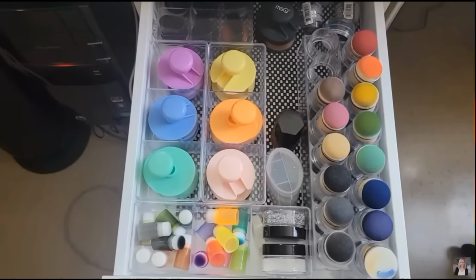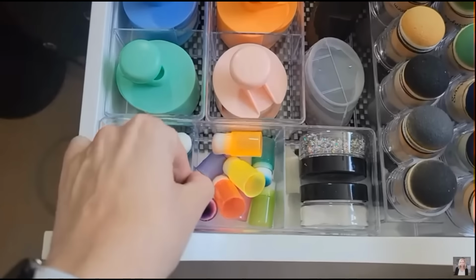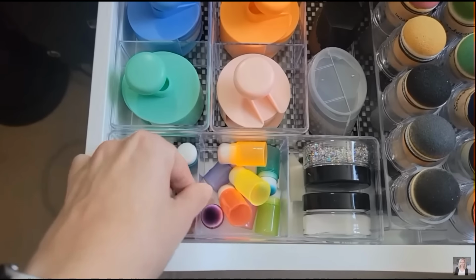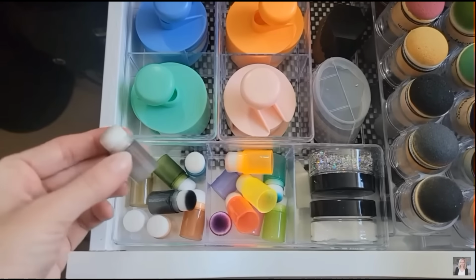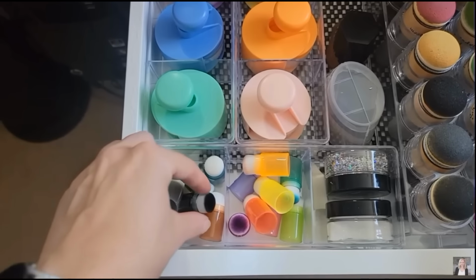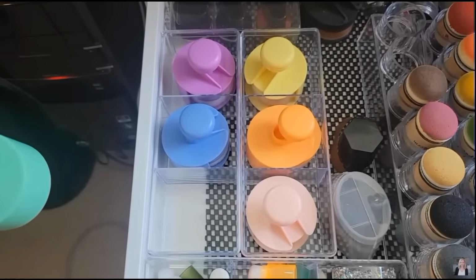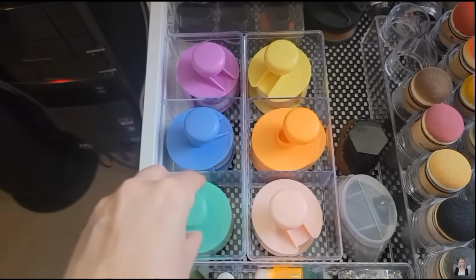Okay, let's go into my one drawer here. I wanted to show you how I keep my blending brushes organized. This little tray is from the Dollar Tree, and so is the tray holding the large round brushes. Again, I don't like to keep my stuff flying all over the place. I like it to be in a spot where it's not going to move around. So I have those trays in there,